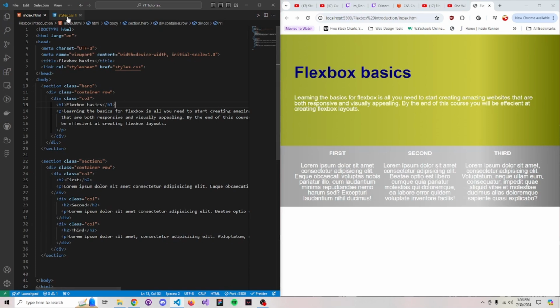Flexbox basics. I got these classes here. This is for padding, background color. So this is that section. And hero is this section, padding top and bottom, color of the text, color of that. Went over all this container row. Well, no, I actually didn't go over this. That's what I didn't go over. So row,